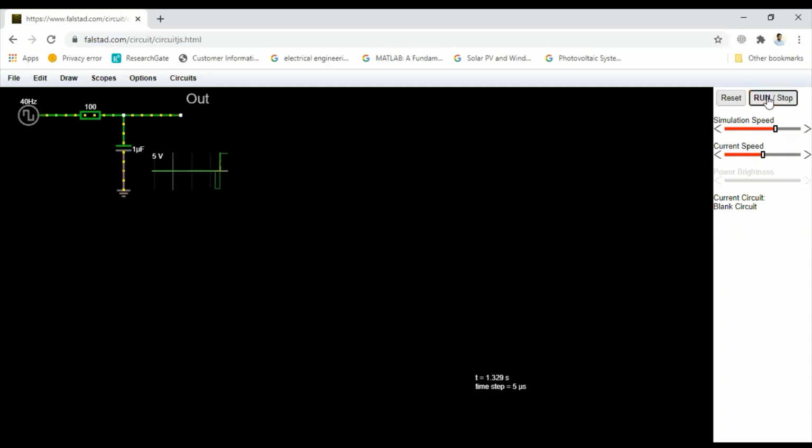We'll run this one. If you can see, at 100 ohm the input was purely a square wave, so we are able to identify it. I have copied the same circuitry here also. One more time I'll copy the same.